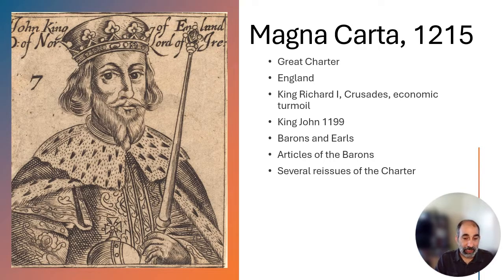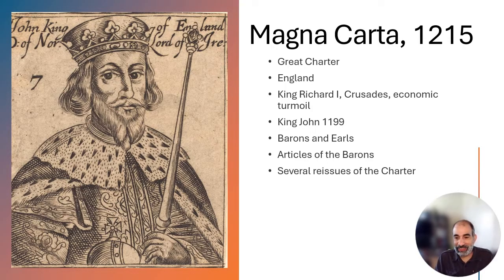A lot of the barons got upset, and they first drafted what's called the Articles of the Barons, which then eventually became Magna Carta. And King John had to agree to this. He basically was forced to agree to the ideas in this Magna Carta. And then, as I said, there will be several other reissues of the charters. There's going to be more than one of these that comes out later, but 1215 is like the first Magna Carta that we were familiar with.